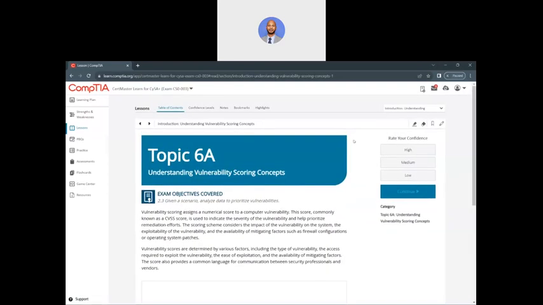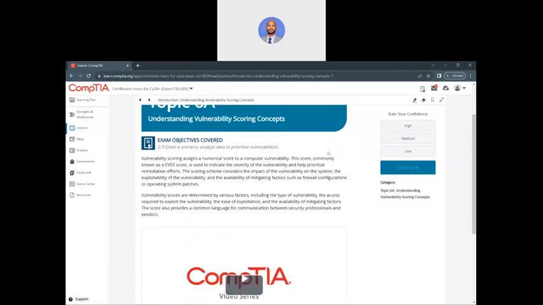So we're going to start with topic 6A, understanding vulnerability scoring concepts. One of the most famous ones is going to be the CVSS score. We're going to talk about a few of the different applications or iterations, but the CVSS score will be the highlight of the